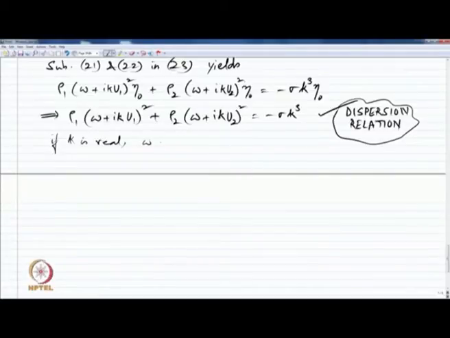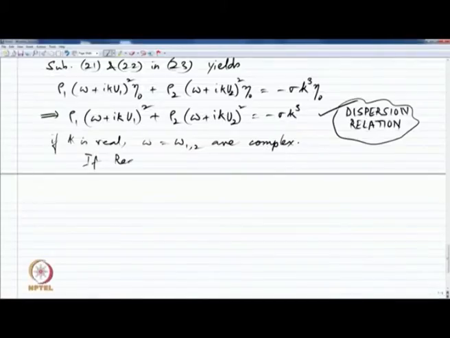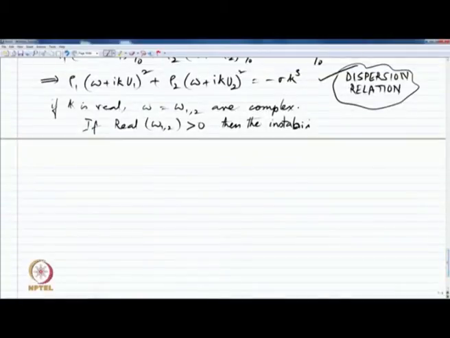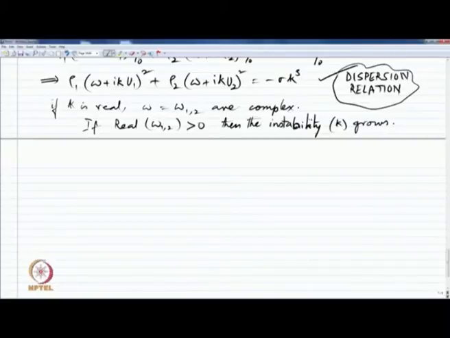Now, in general, if k is real, omega 1, 2 are complex. So, in general I have 2 roots omega 1 and omega 2 which are in general complex. So, if the real part of omega 1, 2 is greater than 0, if the real part of either omega 1 or omega 2, it does not have to be both, is greater than 0, then the introduced perturbation of wave number